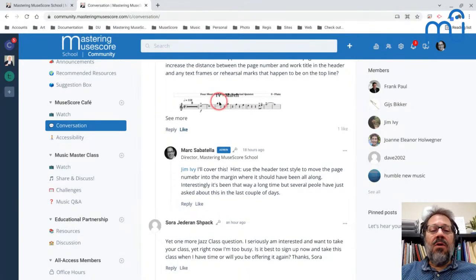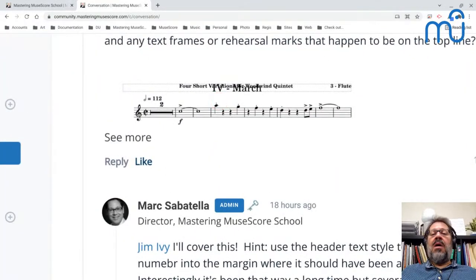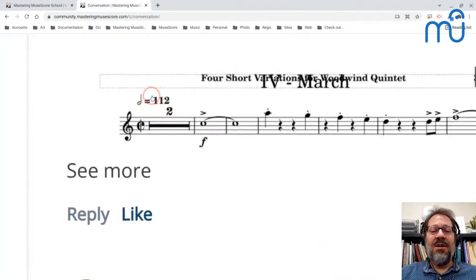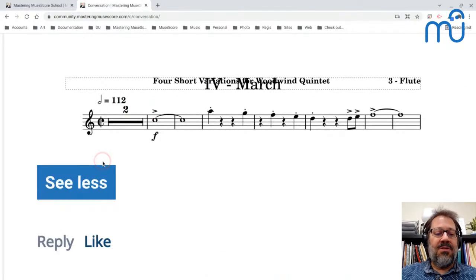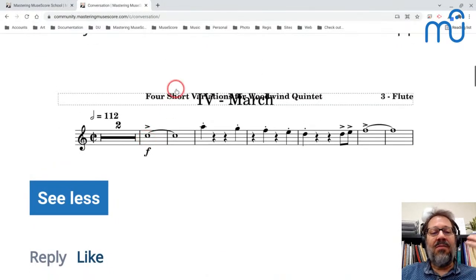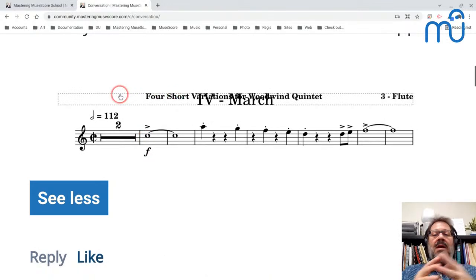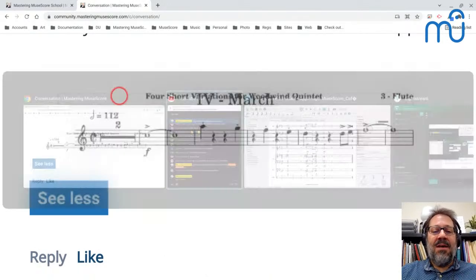Okay, so one of the questions that came up is one that has come up several times recently, and this is an oopsie on our part. Let me tell you about this. If we look at this picture here, you can see exactly what's going on. We don't even need the score to see it. I can tell right from the picture exactly what's happened. What's happening here is he has a piece, and I can